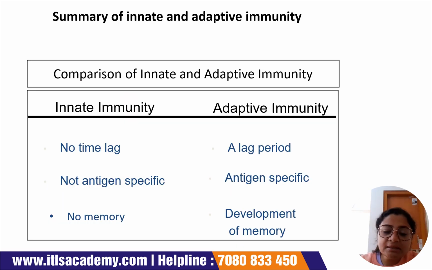So this is basically a table which explains some of the major differences between the innate immunity and the adaptive immunity. So innate immunity is something which is present since birth, and adaptive immunity or acquired immunity is something which is